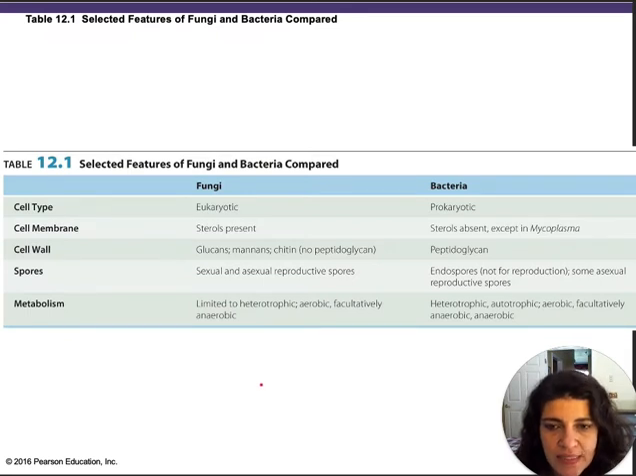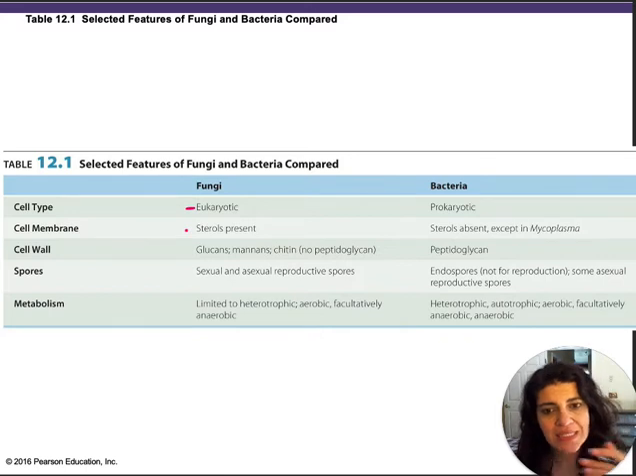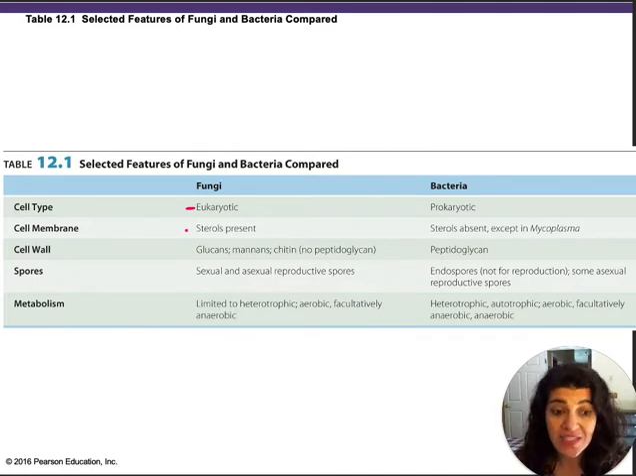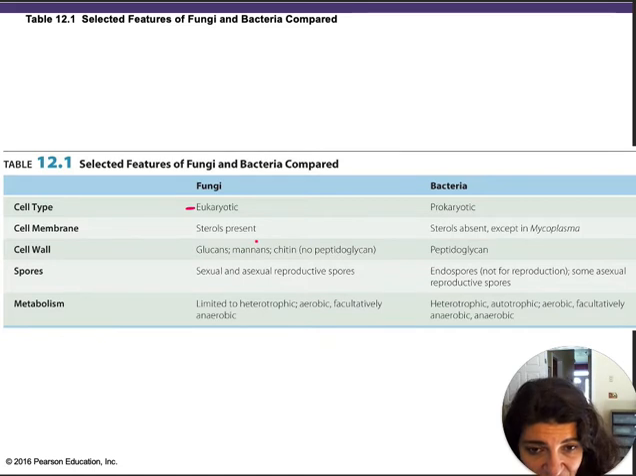What is this? These are very important features of fungi when you compare to bacteria and you see the difference. Eukaryotic, bacteria prokaryotic. Cell membrane that has sterols embedded in their phospholipid bilayer, kind of like we have. We have cholesterol in our plasma membrane embedded. They have another type of sterol that is called